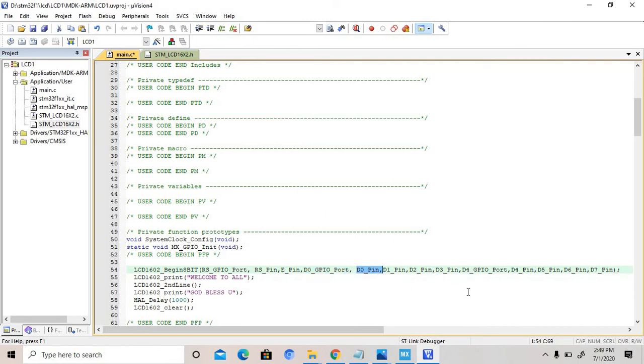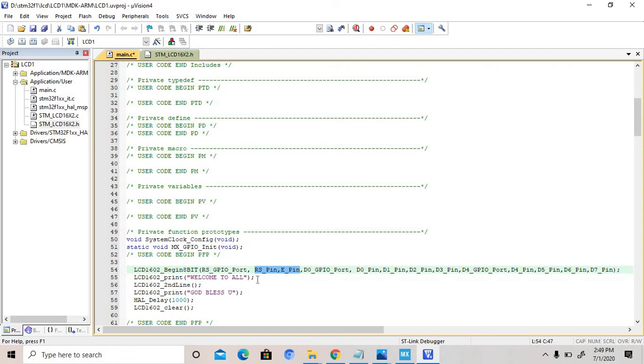These ports are different. Then after that D4 port, then after that 4 pins different. Because these are connected with a different port, and these 4 are connected with a different port. Okay, and these 2 are also connected with a different one. So write like that.